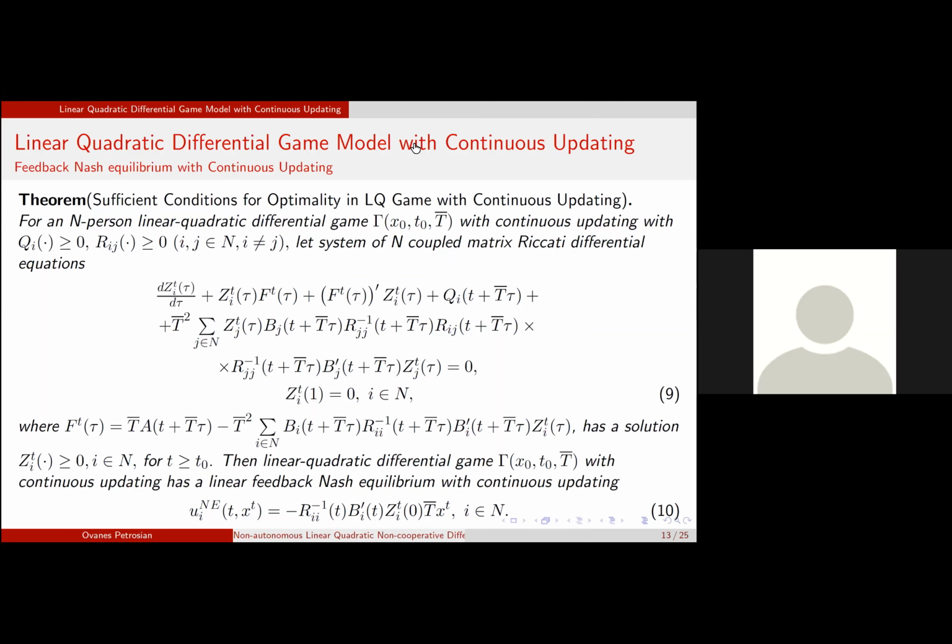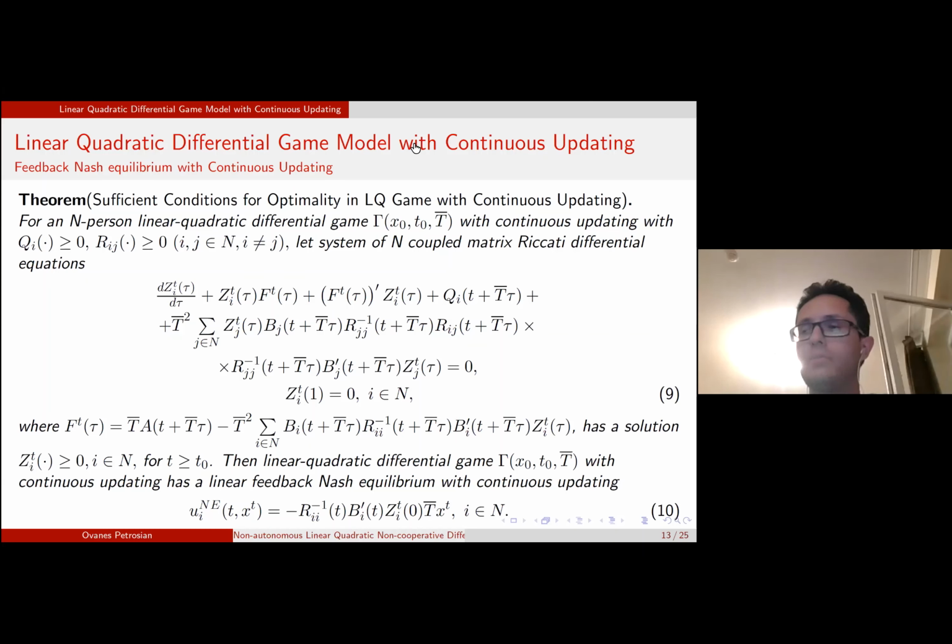And well, as I said, this is the beginning of this work. So there was no need to overcomplicate things. The main idea is to model the behavior of players when they use this continuous updating approach. For the moving horizon or rolling horizon problem, I was actually searching in that direction before. I did not find a clear problem statement or clear results for the continuous updating case.